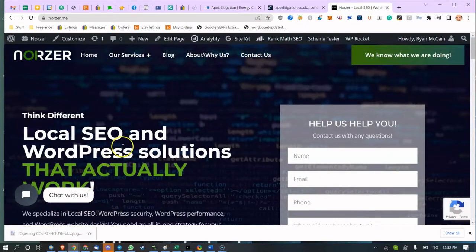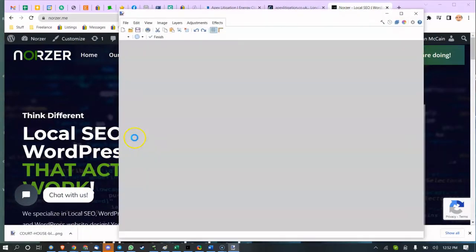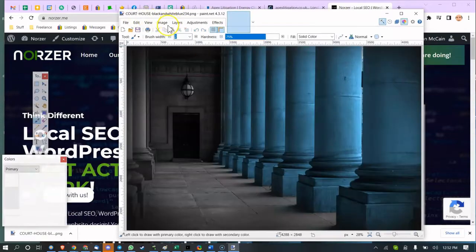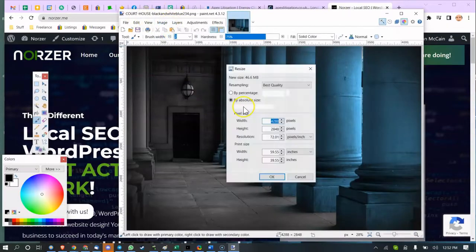So this is how I optimize it. I go to paint.net. It's not Paint, it's paint.net. The first thing I would do is resize it to the appropriate size. Right now it's 4,200 pixels, and nobody's going to look at it that big. We'd have to look on your website to see where it is, but let's just say it's 1,500. Even that's probably too big, so we're going to make it smaller,